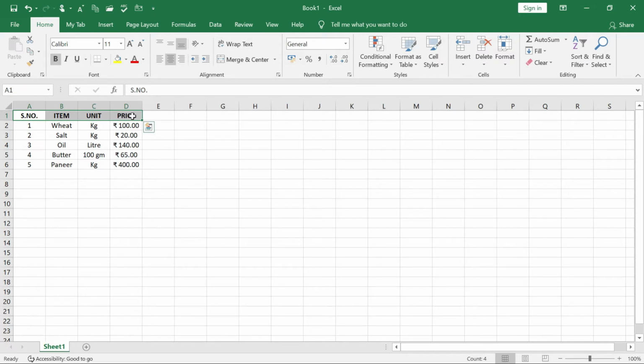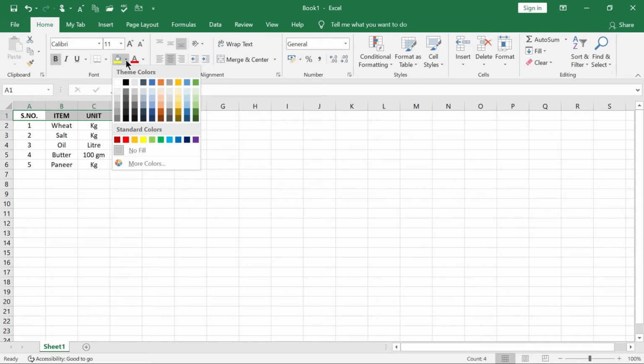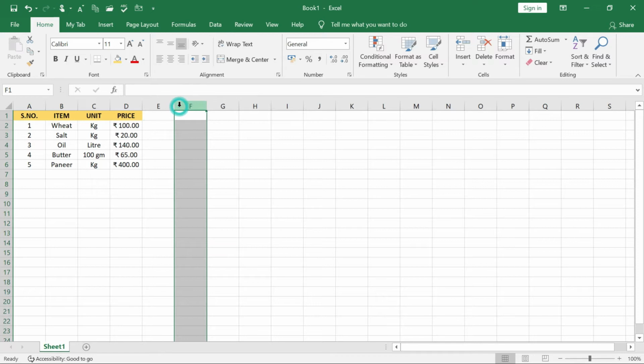All right. So first of all, in order to choose a new fill color for the selected cells, we must do the following. What are the things? On the Home tab in the Font group, click on the fill color drop down menu, and then the fill color appears. Which one is this? Under the Home tab, this is the fill color. Now from here, these are the theme colors, and the standard colors, no fill, more colors. Suppose I want to fill with this color, I can select it and it has been filled.